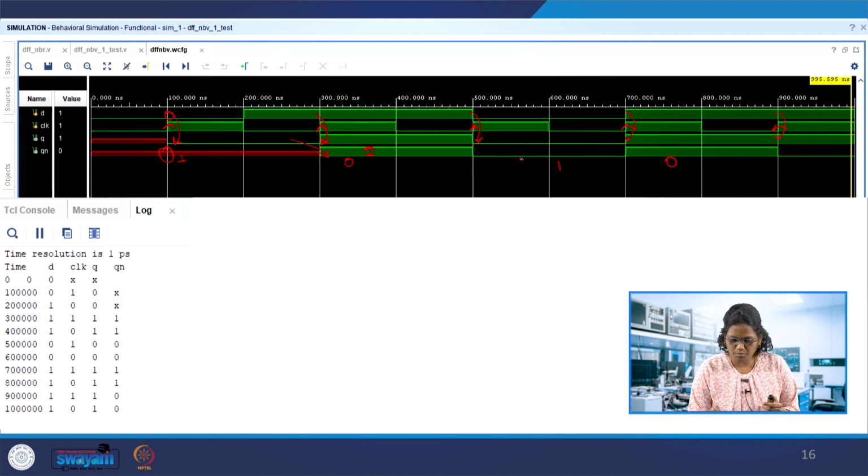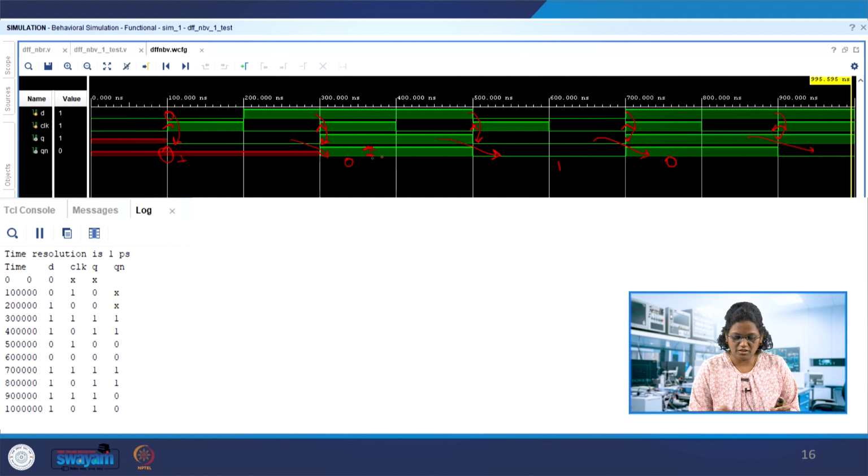Also in this portion, it is taking the previous value 1 and complementing it to 0. Again it is taking that 1 and complementing it. Of course this is 1, so it is matching, but Qn is not the one which is expected.